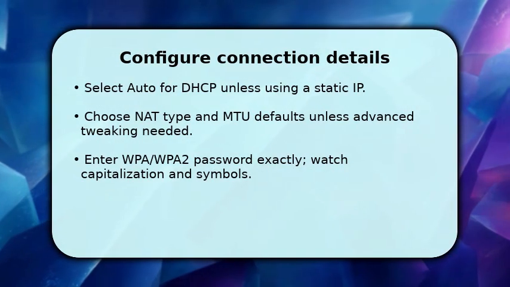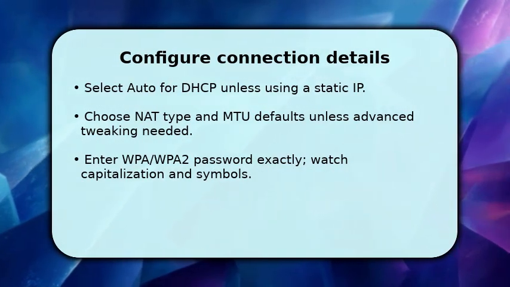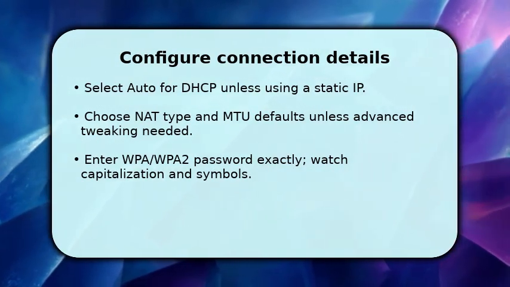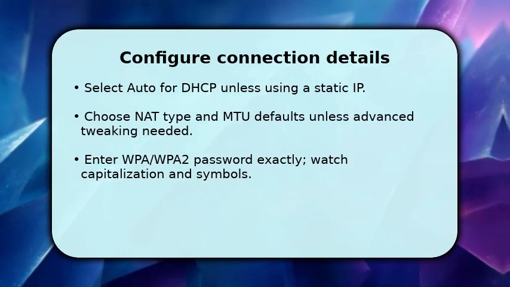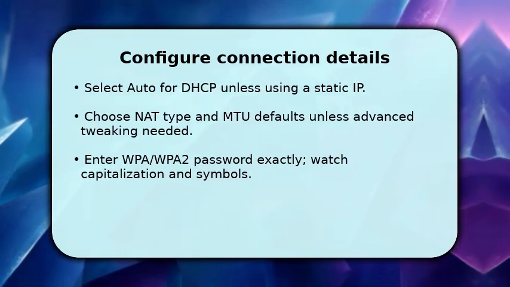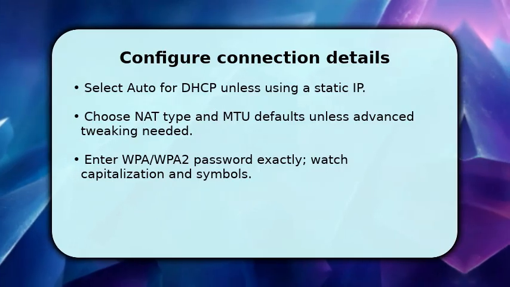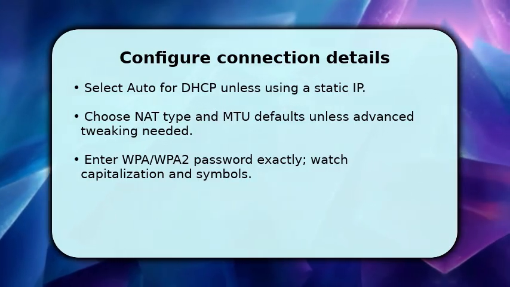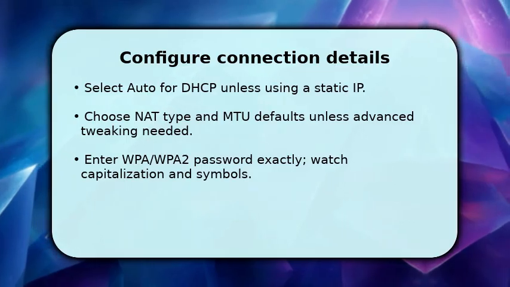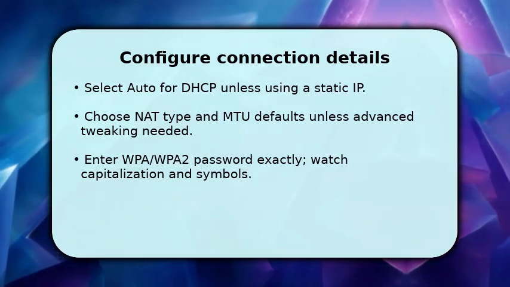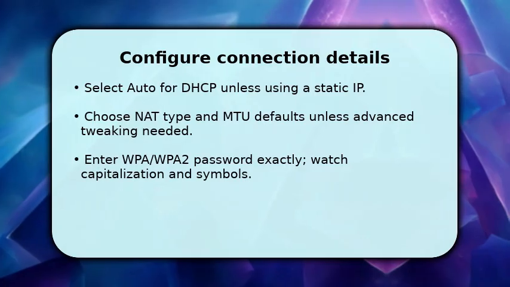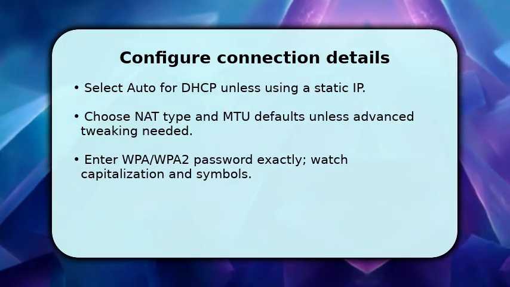Now you handle the detailed configuration. If using Wi-Fi, scan for your SSID and enter the password carefully, since capitalization and symbols matter. For most home networks, select Automatic for IP address and DNS and leave MTU at defaults. This preserves compatibility. If you must set a static IP, input the correct IP, subnet, gateway, and DNS values from